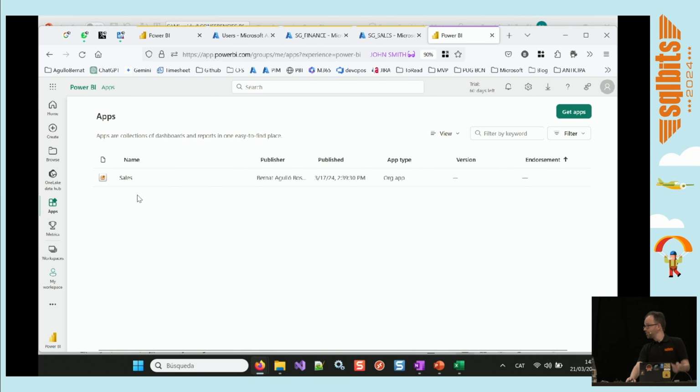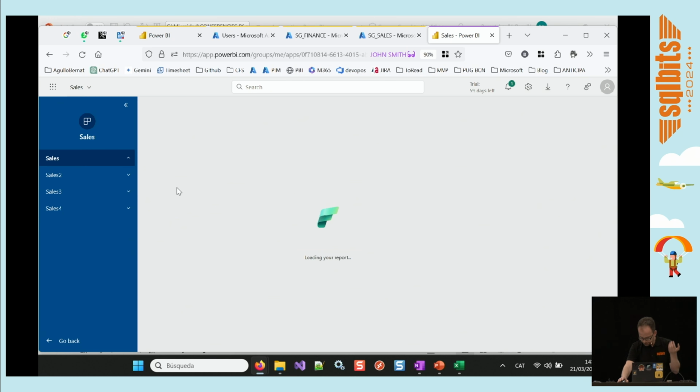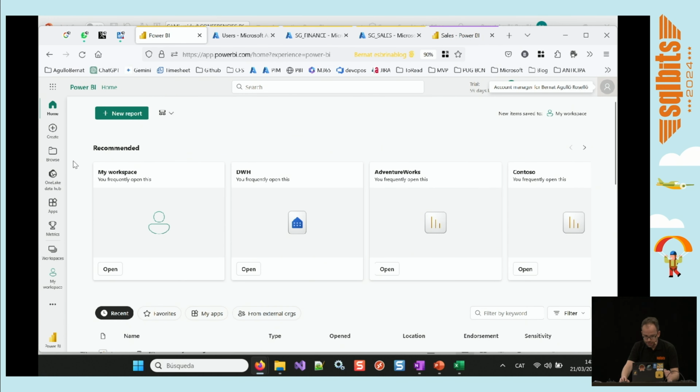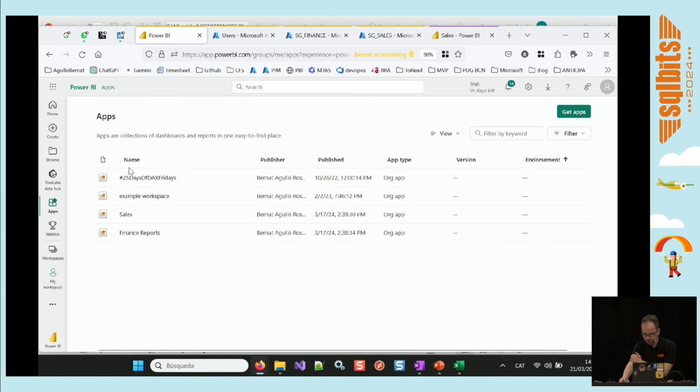Sales. Okay, so it has moved from sales. Nobody changed any security group, and now he has access to sales. Well, this is pointless. But the nice thing as well, from the app perspective, is if I go